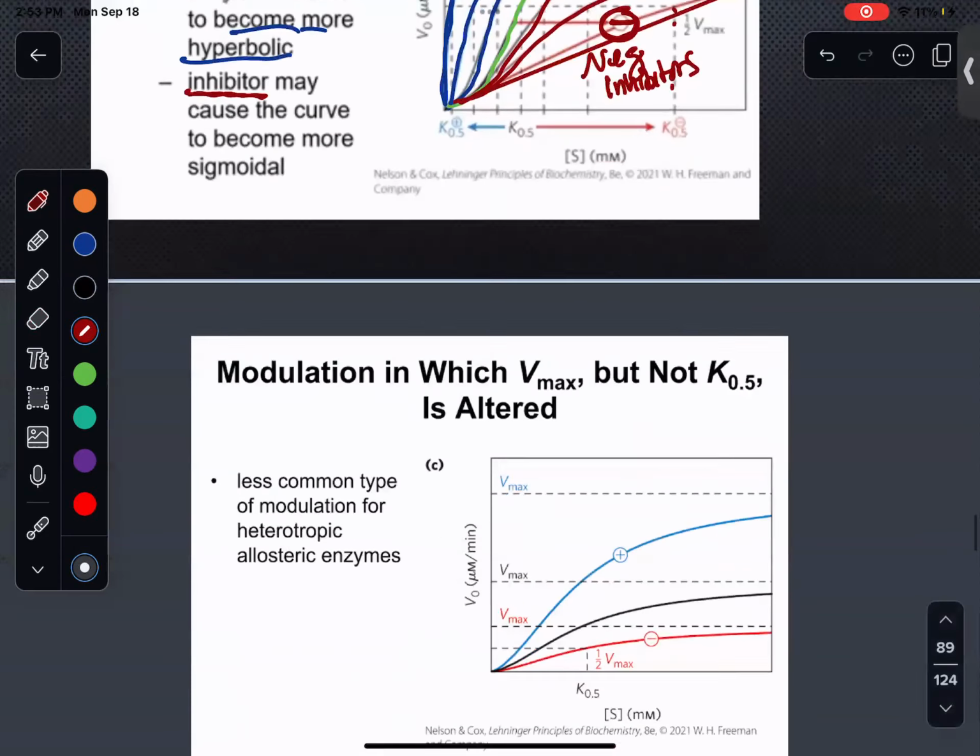Okay, before we go forward. Okay, this is what we just went over. We did this. Let's talk about covalent modification and then these two, and we're done. So some enzymes are regulated by reversible covalent modification. Here's that little schematic that you were given. You can look at it on your own time, just familiarize yourself with the different types. You got phosphorylation, adenylation, acetylation, myristylation, ubiquitination, which is really important.